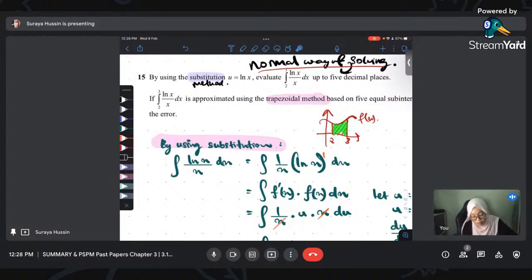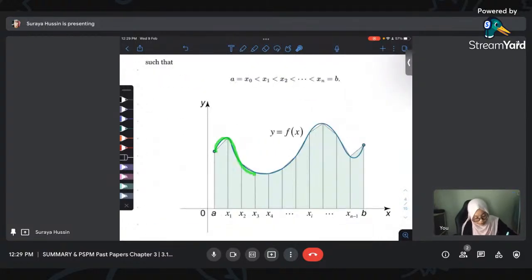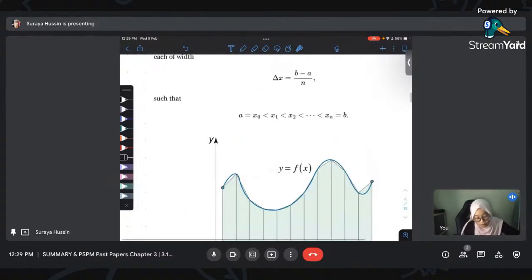So actually this is the normal way of solving the definite integral. So the normal way can be using substitution method. So trapezoidal method ni pula, dia sebenarnya macam ni, graf ni juga. Contohlah ini graf kita. Contoh saja. Contohlah ni graf kita. And where is the trapezoidal rule came in? Trapezoidal rule,